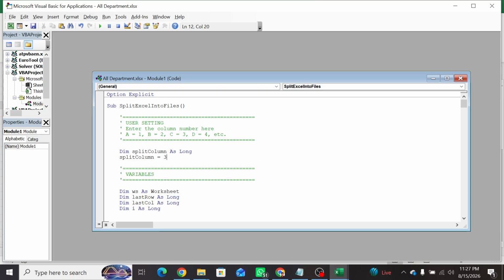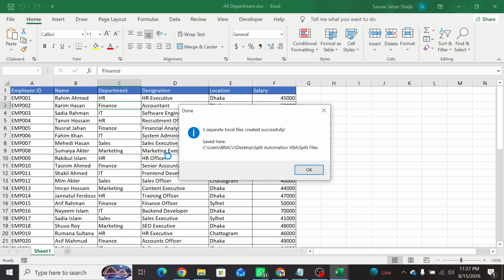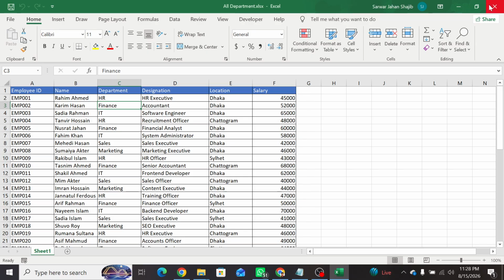Now let's run the macro. To run the macro, you have to press F5, and the macro is running. And that's it. The files have been created automatically. As there are 5 departments, 5 separate Excel files were created successfully. I will click OK. Then let's see where Excel saved the files. I'm closing this editor, and